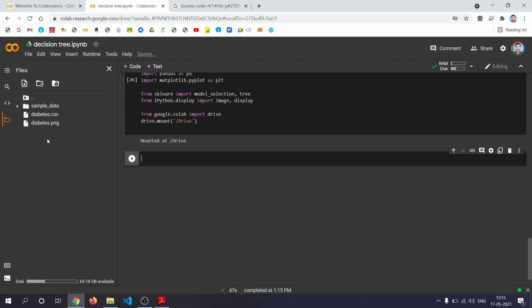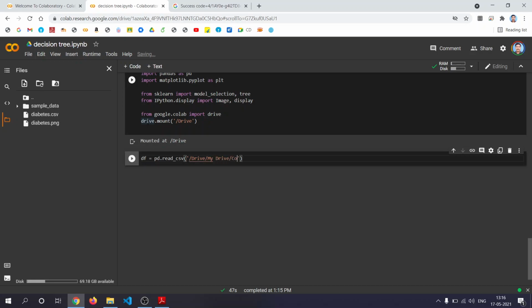In the case of uploading here, you will have to open your dataset every time, in the sense that whenever the session is closed, the data will be gone. Also, it is not possible to open large datasets this way, so it is always better to use Google Drive for storing large datasets. You open the dataset like this: df equal to, the same way, pd dot read csv. Here you will have to give the full path: slash drive, where I have stored it in my drive.